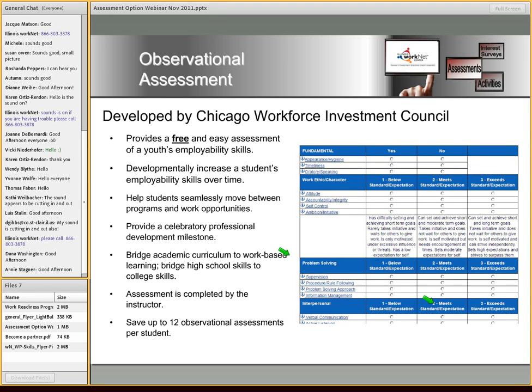So anyone who has permission and access to that individual's account will be able to view that assessment score. The nice thing is, too, that the individual can view your observational assessment of them through their LMI Worknet account as well. So you can complete the observational assessment. They're notified via email that an assessment has been completed, also an account message, so that they can go to the results tab and they can